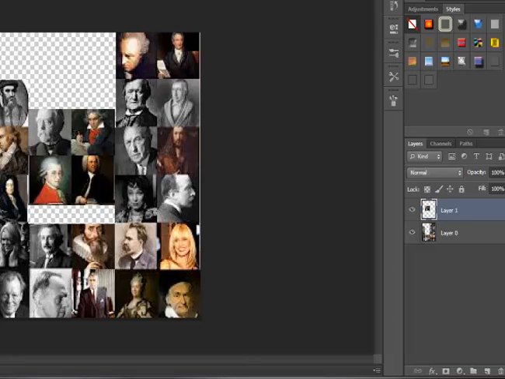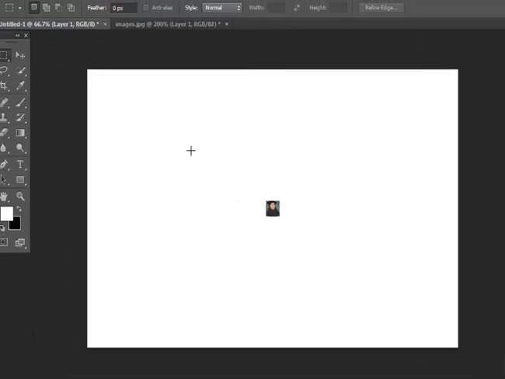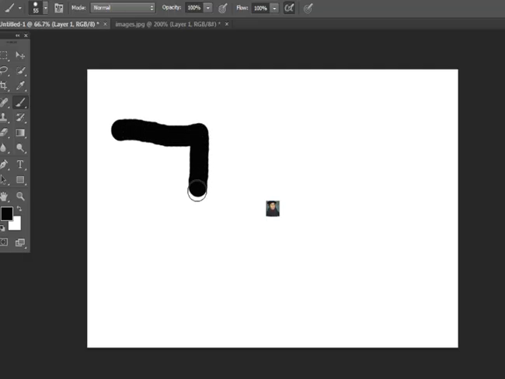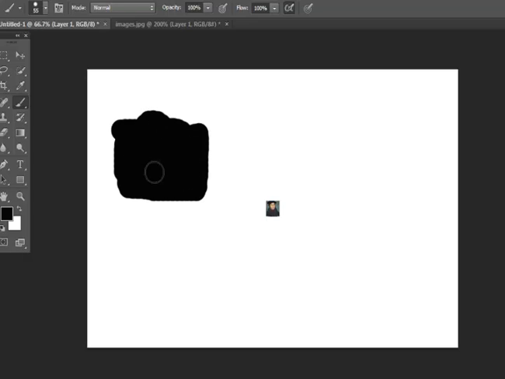Alright, so the other usage of the marquee tool is creating a shape. Some people thought they could create a shape using the brush tool, but you can't create a very perfect square that way.